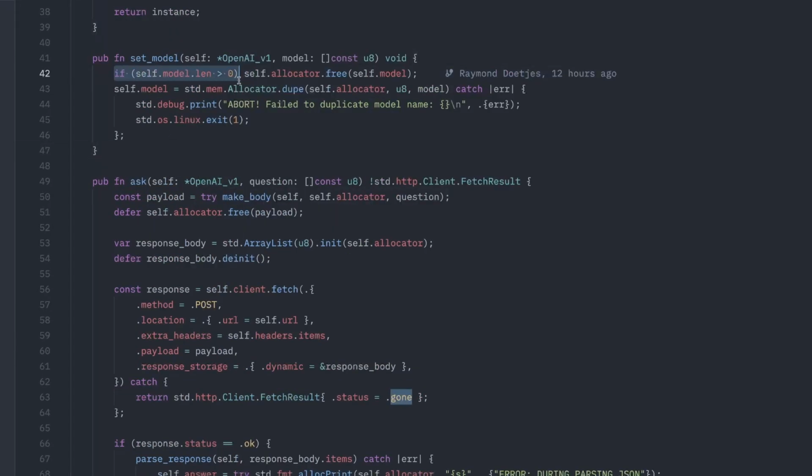Apparently you can free more than once without a problem in Zig. I tend to always check if it's not 0, then I actually need to free it. A bit of force of habit. Right, and I again copy it. If I can't copy, then we have a really big error, because then we have an out of memory. There's no way of